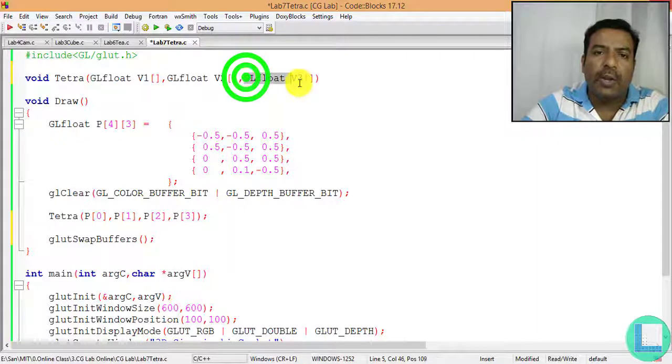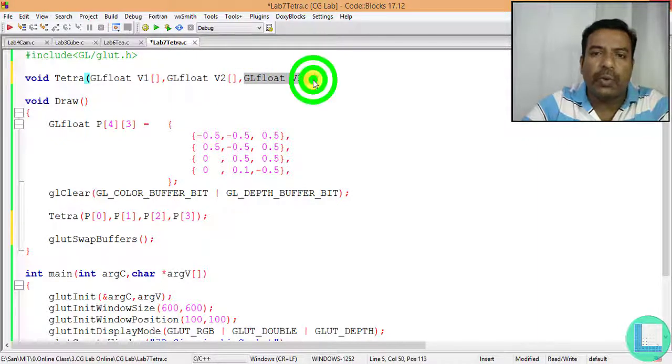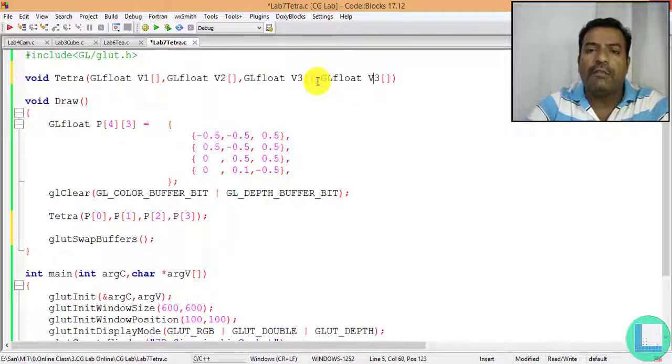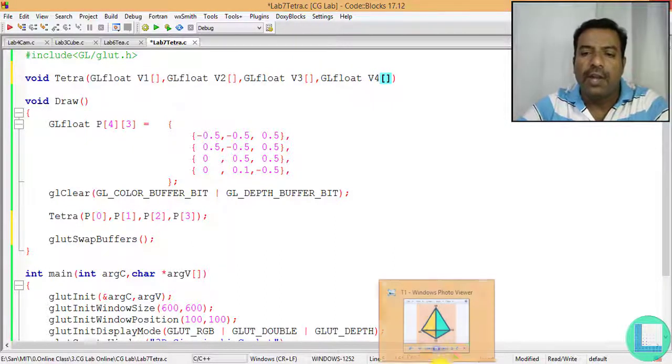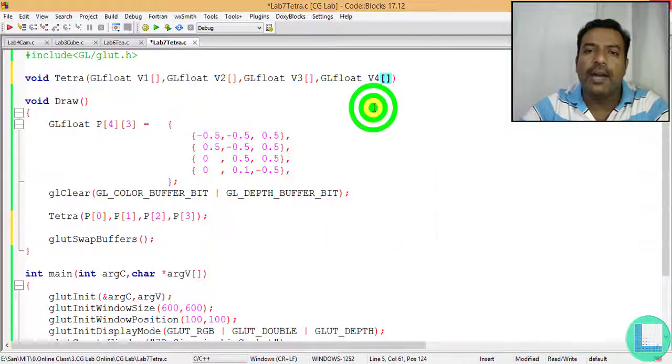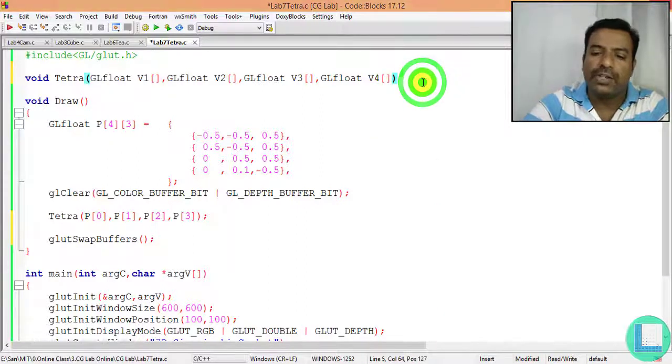Let me copy this and paste it over. So now I'm going to have v1, v2, v3 and v4, the 4 points.